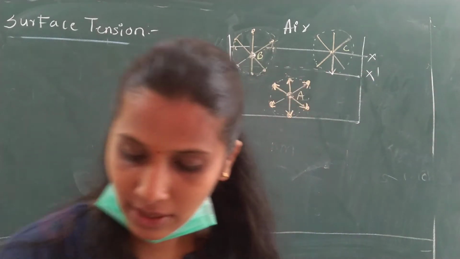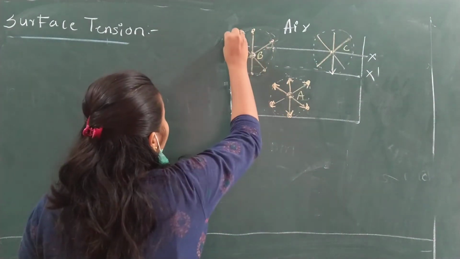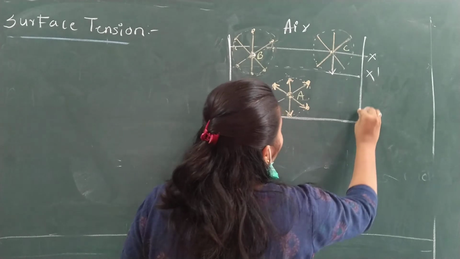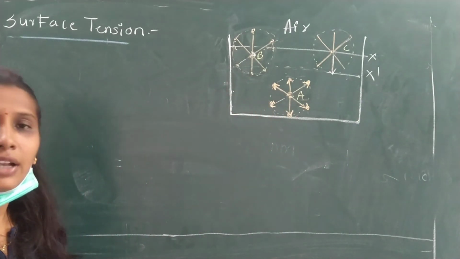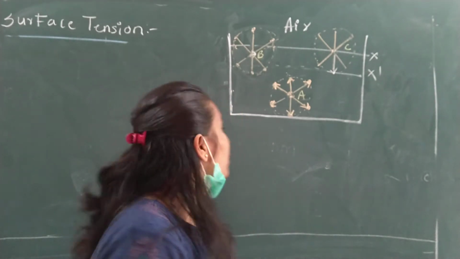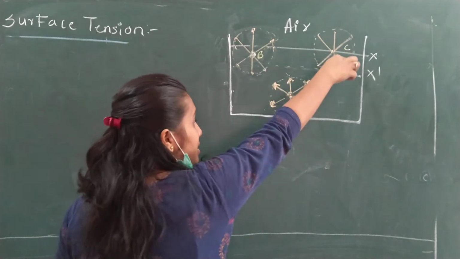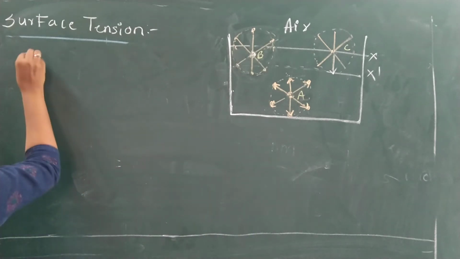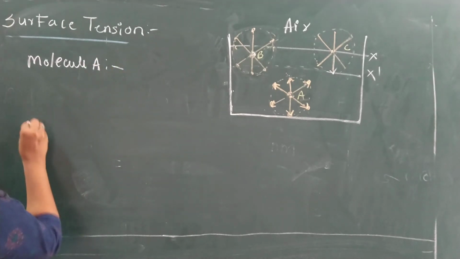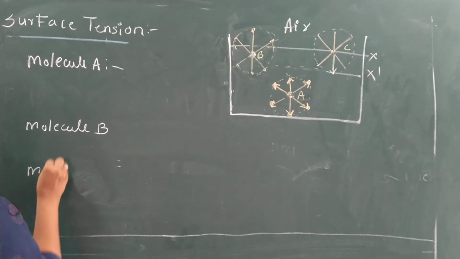Now let's study about this molecular theory of liquid. So here I am considering one beaker. This is my glass beaker, say, in which I take water. And from that water, I select 3 molecules at 3 different locations. Suppose say I have molecule A, molecule B and molecule C. So here we will name first. We are having molecule A, molecule B and molecule C